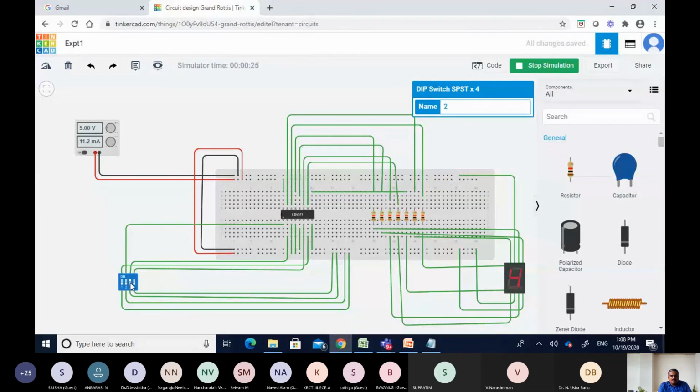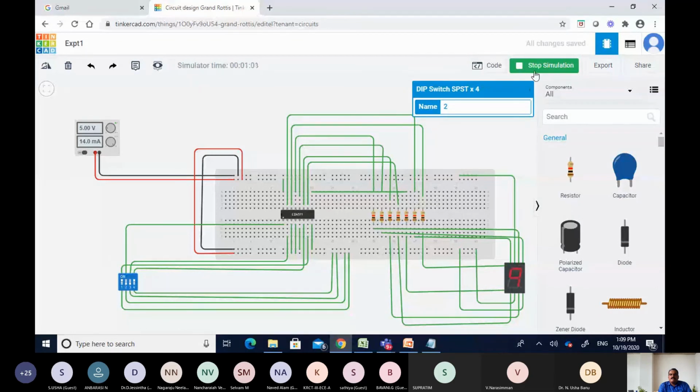Okay, so let me make it as 1 1 0. So if the student has, so this is A, right? B, C, and D. So 0 0 0 1, it is 1. So 0 0 1 0, it is 2. 0 0 1 1, it is 3. And then 1 0 0, it is 4, right? So like this, if I make 1 0 0 0, it is 8. Then 1 0 0 1, it is 9, right? So this is how a student will complete his work, right?